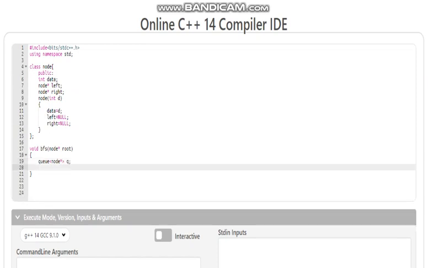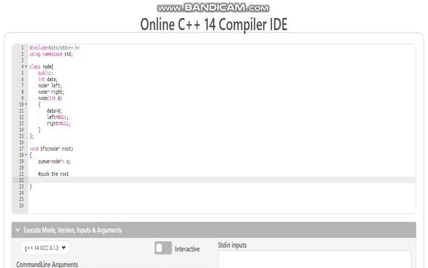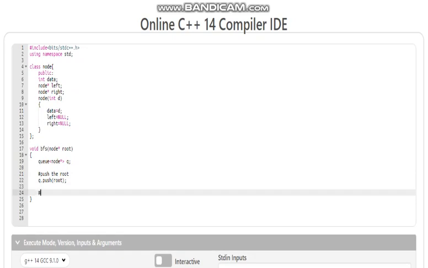Let's name the queue q, and we will follow the previously mentioned steps. We will first push the root inside the queue. So q dot push function, we will push the root.